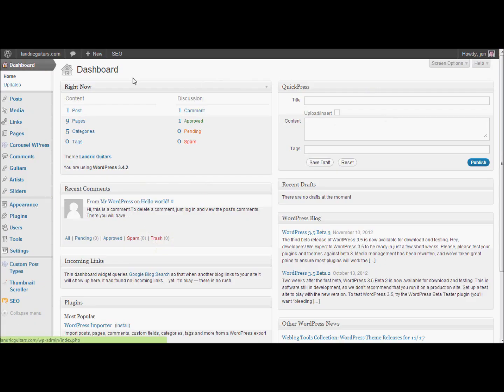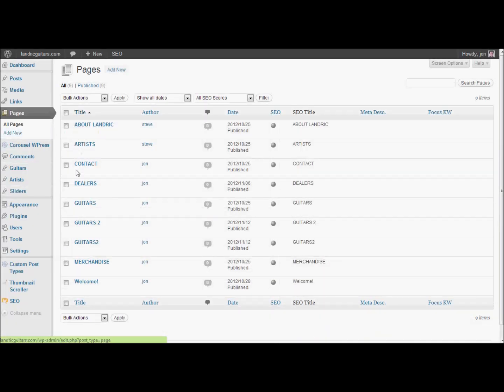This is the WordPress dashboard, and on the left we have Pages. Hover over that is All Pages and Add New. We could add a new page from here, but I'm going to show you the Pages page first. Now here we're seeing some of the pages that were on that menu in the back end, but let's add a new page, which you can also do from right here,